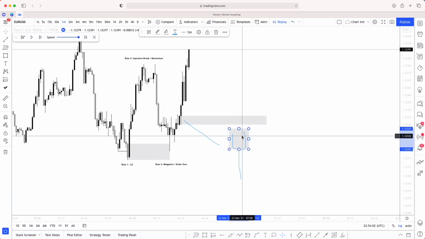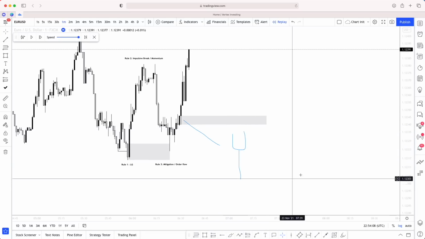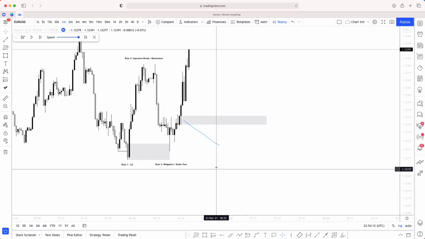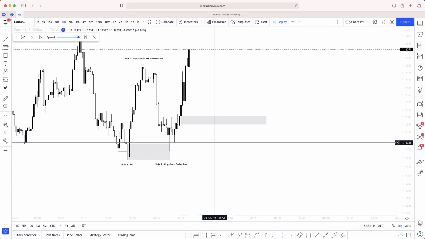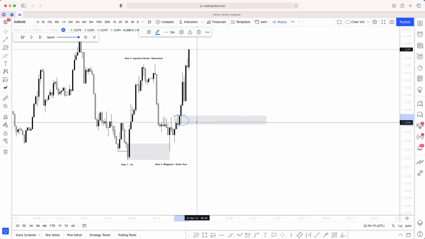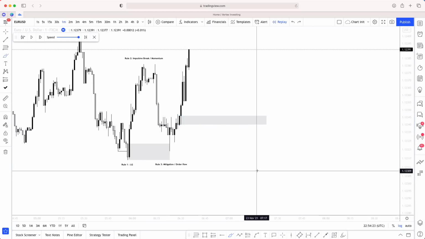For price to close like that, for the candle to close like that, it needs a high momentum move to push that up, okay? So what does that mean? It means that this is where the buyers are entering the market in this position here. Okay, so this alone is a POI. Now, you can comfortably trade straight off this.